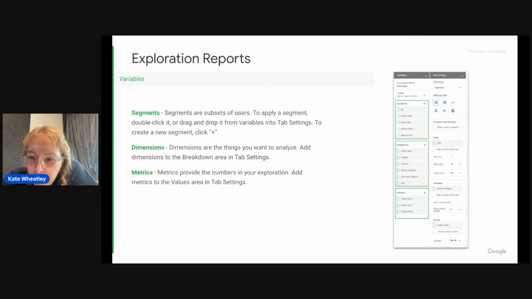Site speed report in GA4. Okay, so site speed doesn't come immediately out of the box in GA4. However, there is a pretty simple implementation you can do to collect site speed data, just using the JavaScript on the page. You do need to use developer support, but it's an event you can set up, a parameter you can set up that will pick up how long it took the page to load. You can put it on your config tag so that every time someone loads a page, you send the data there, and then you'll end up with a custom event and a custom parameter you can use in your reporting to look at site speed by page